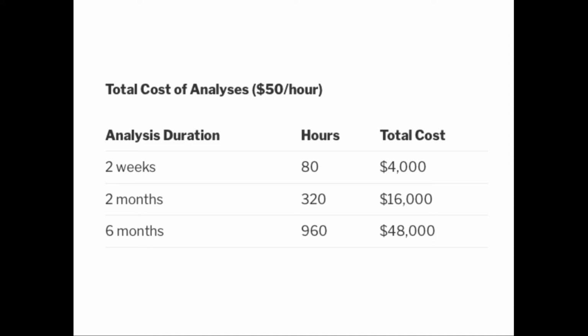SAS is probably the most expensive, although they're very secretive about their licensing agreements. You will often hear that a single-user license of SAS is around $10,000. It's one of the most expensive. And yet, the cost of the analysis, the analysts, their salaries and overhead, generally far exceeds the cost of the tools. And that is, again, because it's actually a very labor-intensive process, despite all this computerization and automation of some